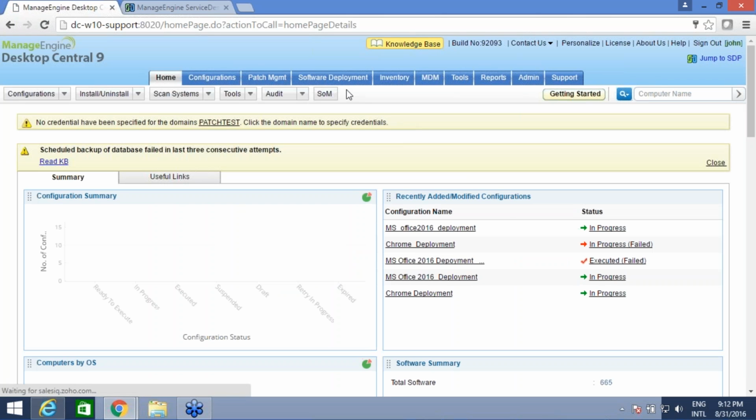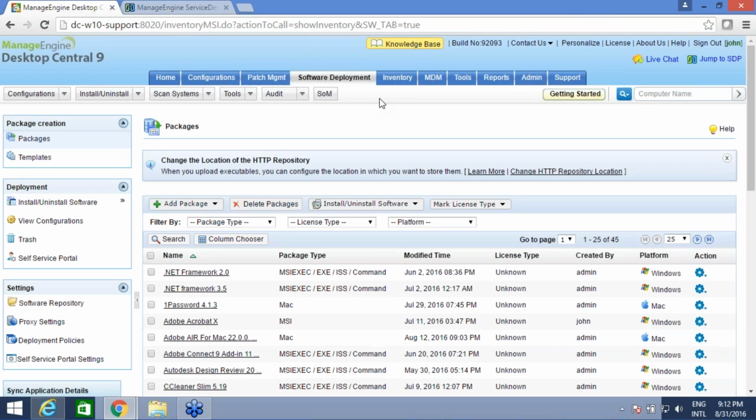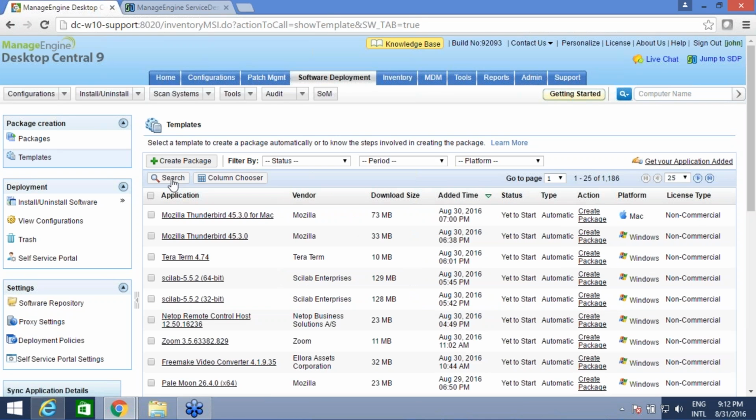And I logged in as John. My first requirement is to create a package for the Chrome browser. Well, I remember about templates, so I'm going to search for the Chrome application here. I click on search